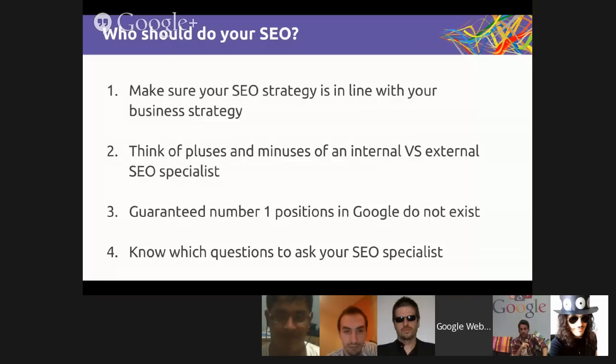And you should also think about the pluses and minuses of having an internal versus external SEO specialist. Obviously, if you have an internal one, he's going to be always there for you and for your strategy, but he's going to be more resource intensive. If you go for an external one, you might have less attention, but it might be more under your budget.